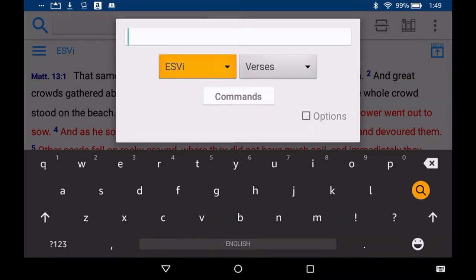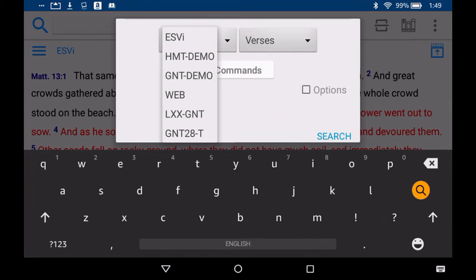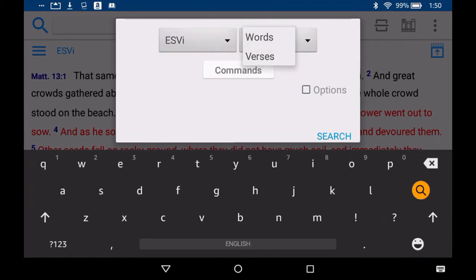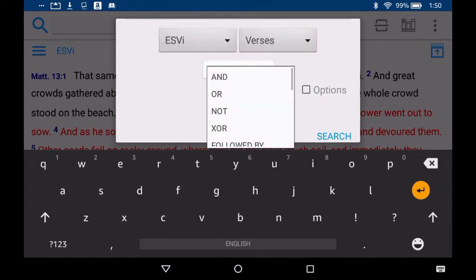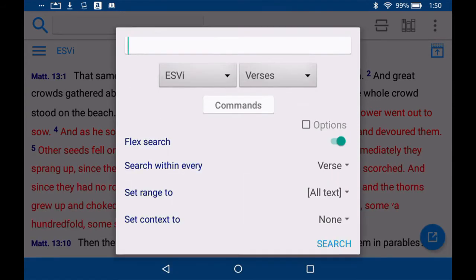Since we're in the ESV, that's the one that's going to be displayed, but you can switch it to any other search text that you'd like. And if you go to the commands button, search with words or verses, click commands, all the typical Accordance commands are here, including things like tags and so forth. So all the powerful search features that are part of Accordance are available here. And tap on the options